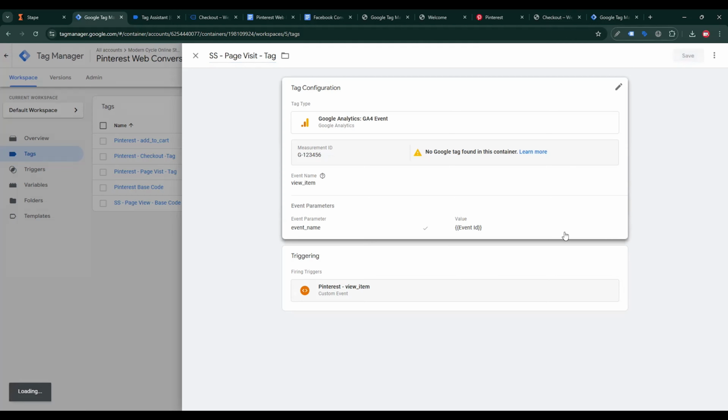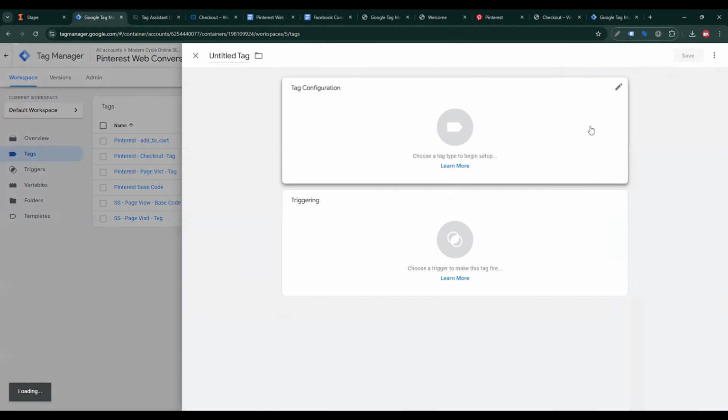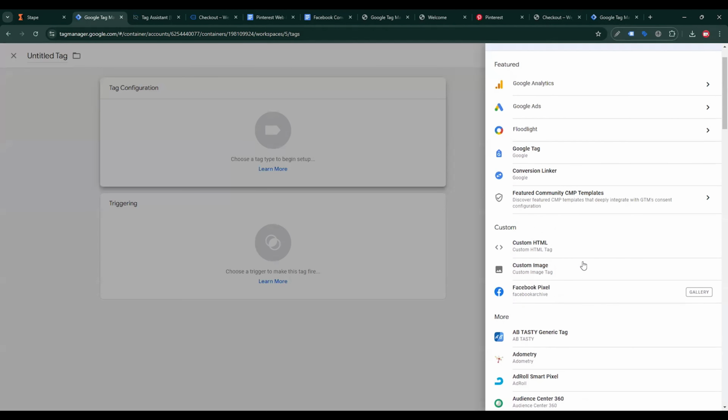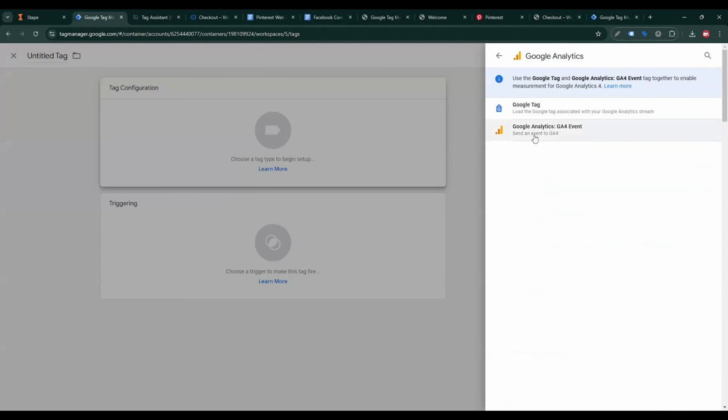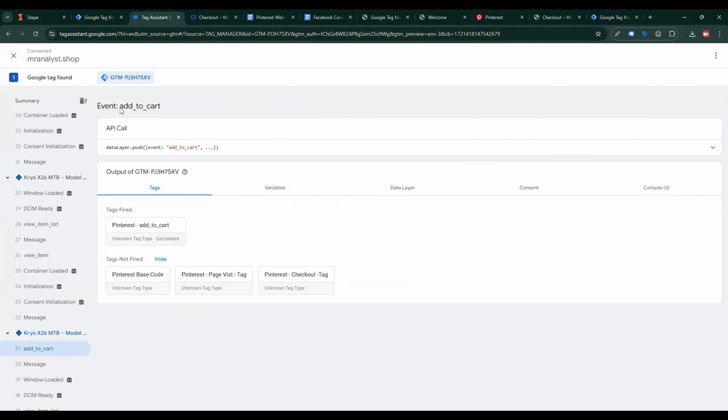click save. Now I need to set up add to cart events for Pinterest server side tagging. So click again plus new, then find a Google Analytics GA4 event, then give a measurement ID. This is the demo ID, then event name. So now I will set up the event for add to cart. So copy this add to cart event,